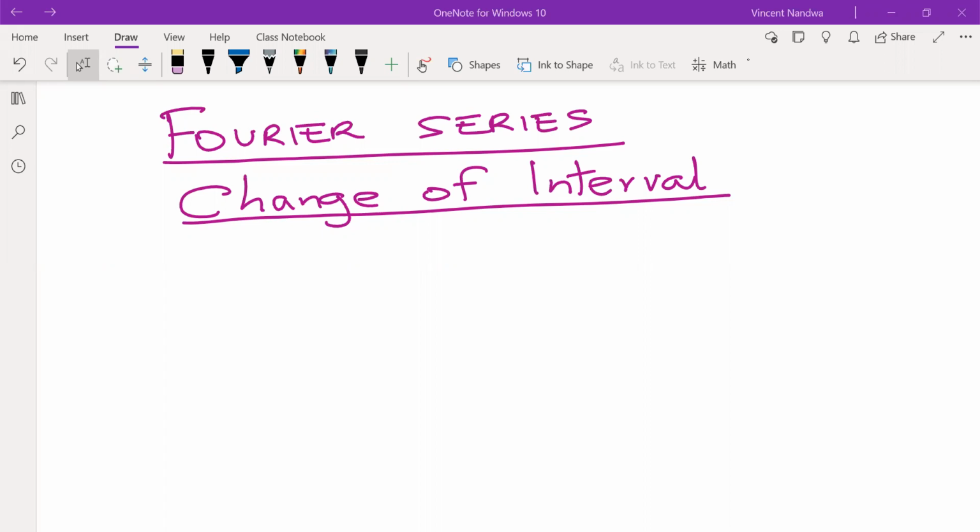We discuss how to find the Fourier series of a function defined in an arbitrary interval, not necessarily the interval 0 to 2 pi or minus pi to pi. So we start by recalling that a Fourier series of a function which is single valued and continuous in an interval minus pi to pi is given by